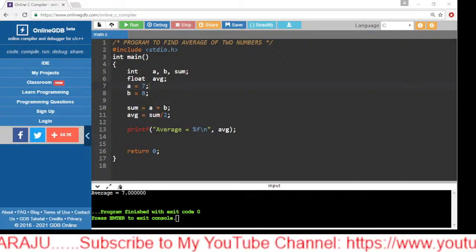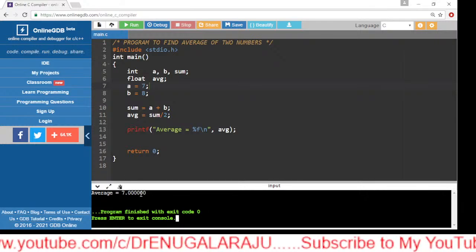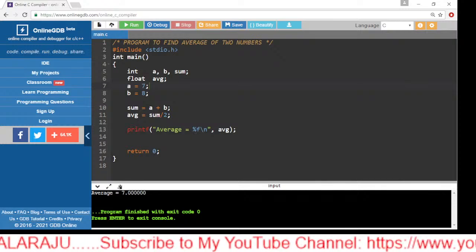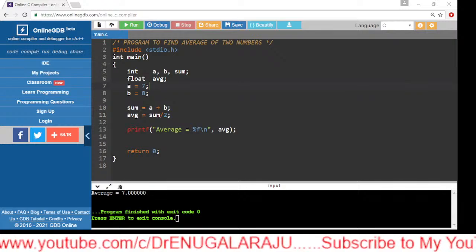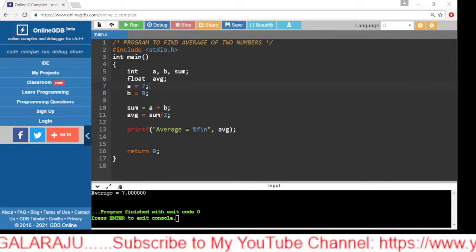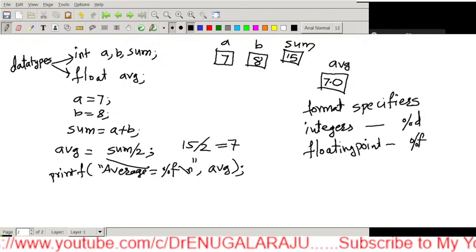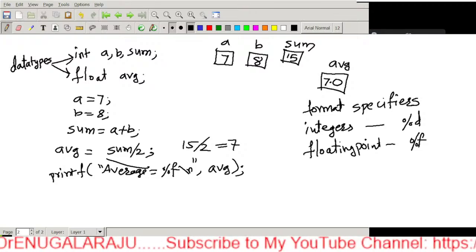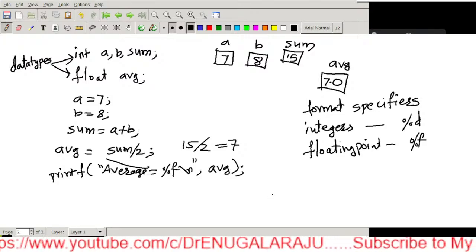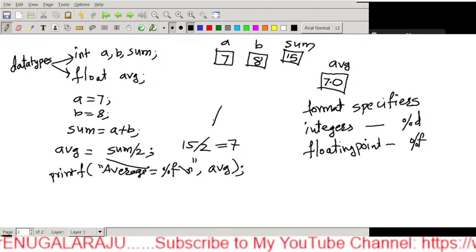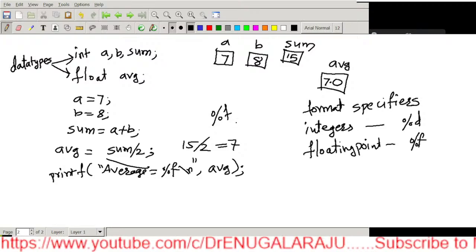Yes, friends, so still we got the answer as 7.0060, okay? And please remember, I am coming back to this white screen. That means whenever we use the percentage f format specifier, remember, if you print using percentage f,